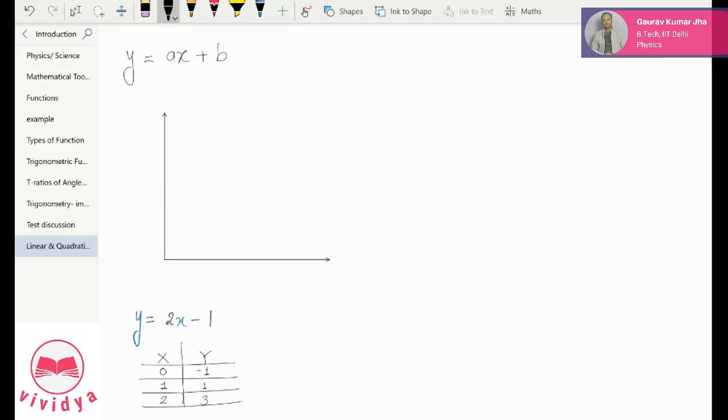So you just need any 2 sets. When I talk about a set, I mean x comma y. So 0 comma -1 is a set which represents a point. 1 comma 1 is another set which represents a point, and 2 comma 3 is also one of the sets that represent a point, and so on. You can find them just by replacing the values and checking. So x comma y represents a point. Anyway, that's how we used to draw graphs, right? Roughly.